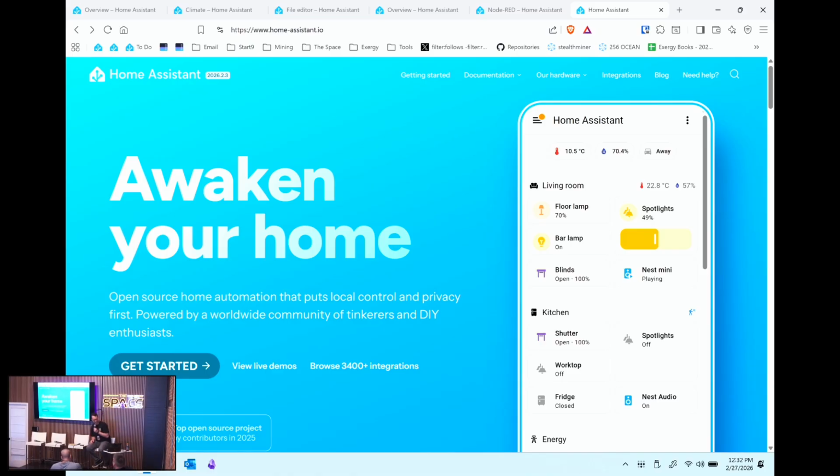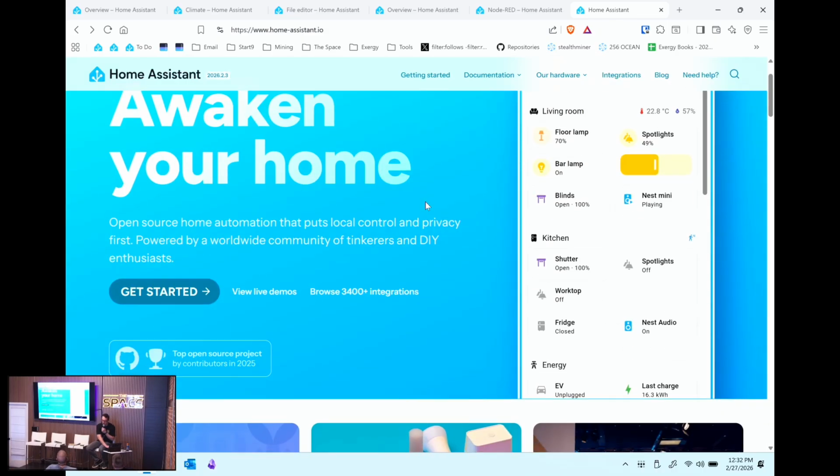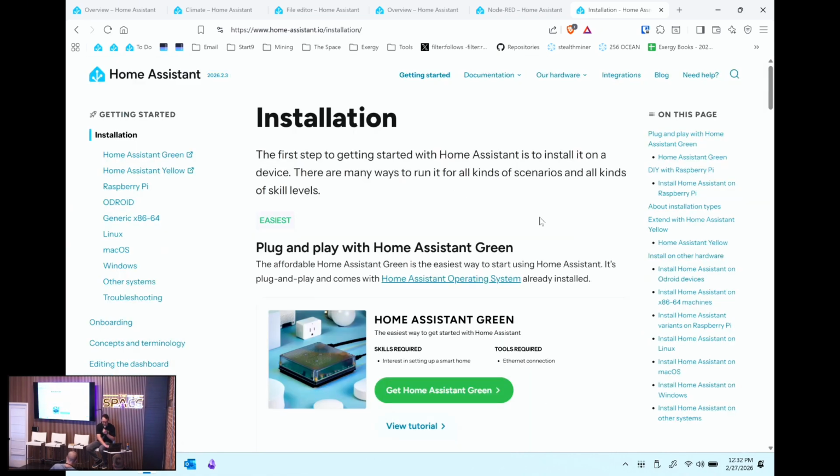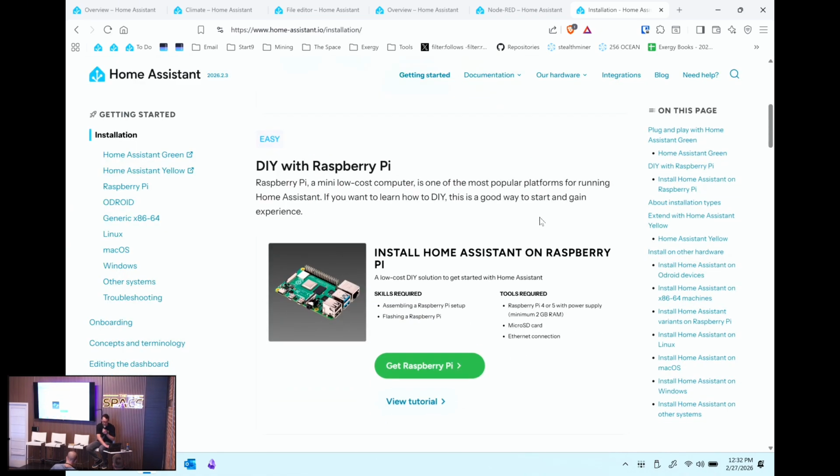Hey! All right, so Home Assistant is, at its basic, just a way to automate things at home. That's the lowest or highest level, but you can get weird with it. These things run great on normal hardware. You start at homeassistant.io. You can buy it from them if you want, or you just run it on a Pi or in a container on a Proxmox server, or whenever they release it,